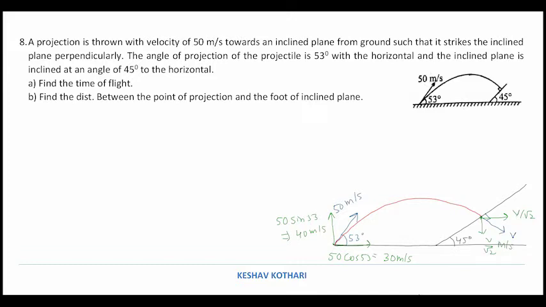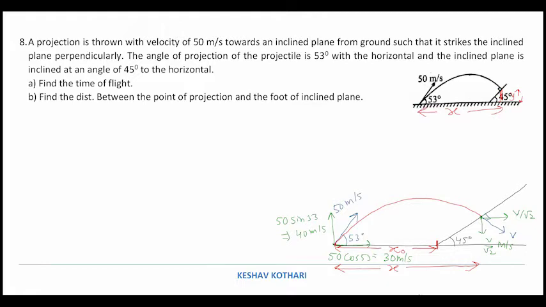And the next part, the question is asking us the distance of the foot of the inclined plane. So the question is asking us this distance. I am calling this as x0, and the point of impact, this distance I am treating it as the total distance x, and the height we are treating it as y. We'll come to it later on. So basically I am trying to say that this height is y and this distance from the point of projection is x.